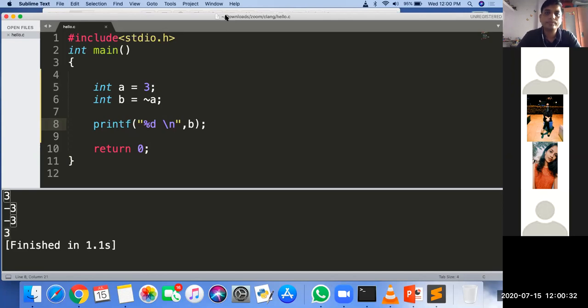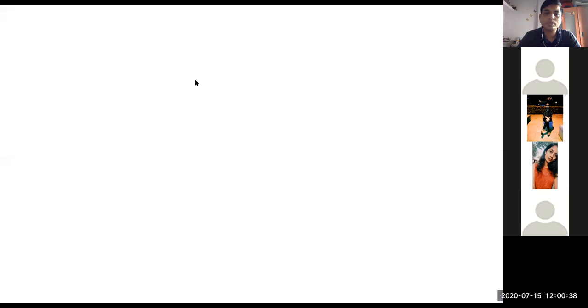Because 3 in binary, when you negate it, will become 1100. So 12. Okay, so 3 is equal to suppose 0011. So what is the negation of 3? 1100 is 12. Negation of 3 is equal to 1100. What about the remaining bits? You have considered only how many bits? Only 4 bits you have considered. So what about the remaining? It is an integer, na?